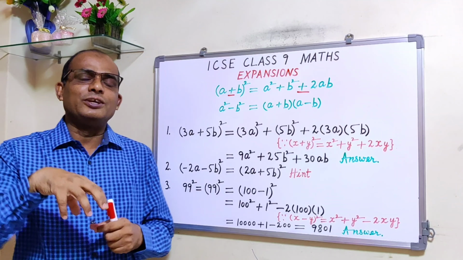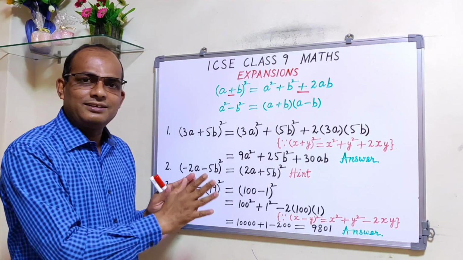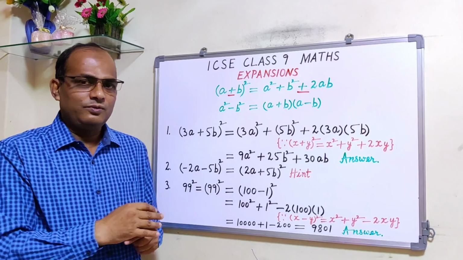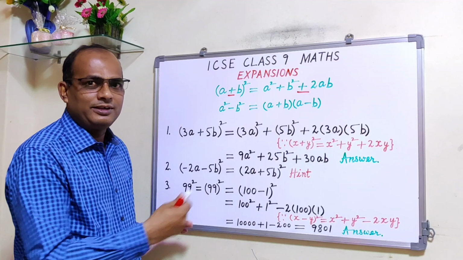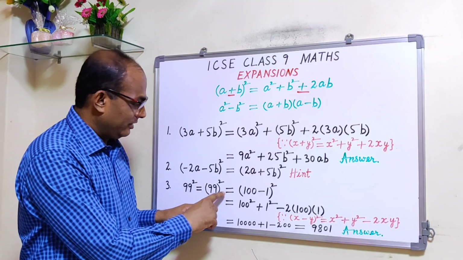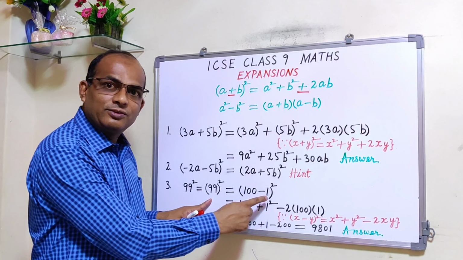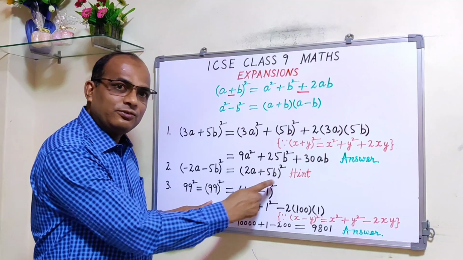Because we are teaching you. The teacher is teaching you this chapter, and then the teacher is testing you, asking the question. And then you are simply multiplying 99 multiplied by 99. Alright. So 99 square, 99 we can write down as 100 minus 1, right? So 100 minus 1 whole square.